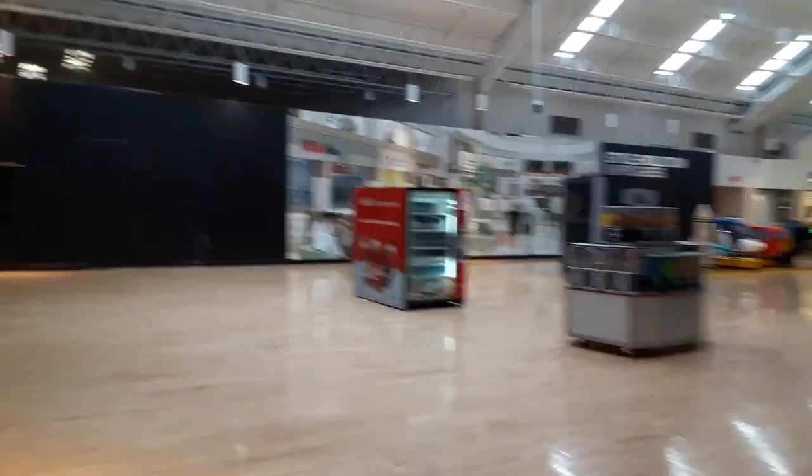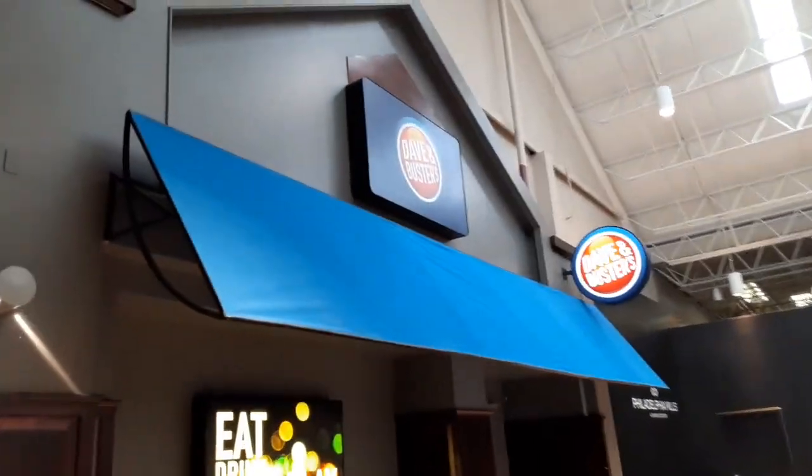Just gonna walk out here so you can get a better view of what it looks like. Decent mall, nothing too crazy, but